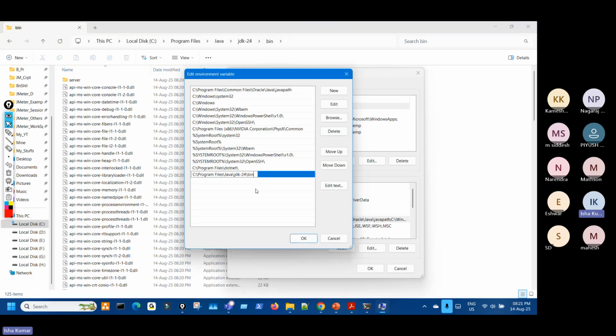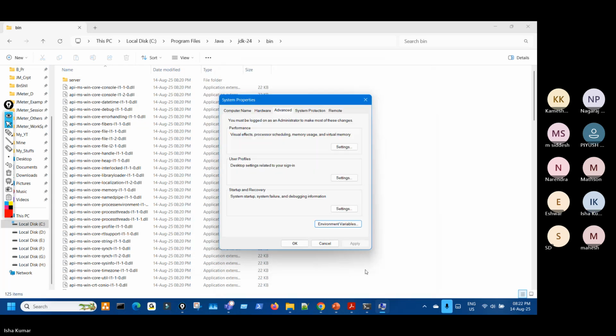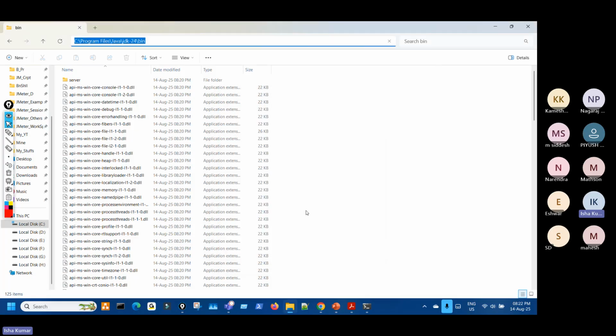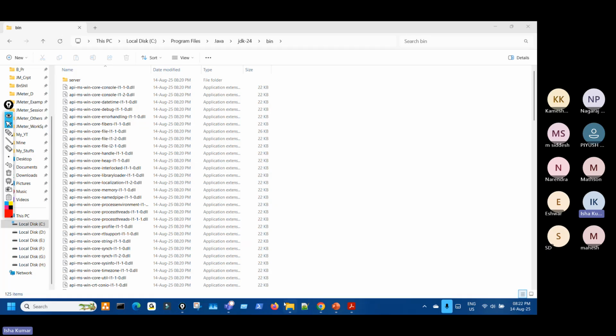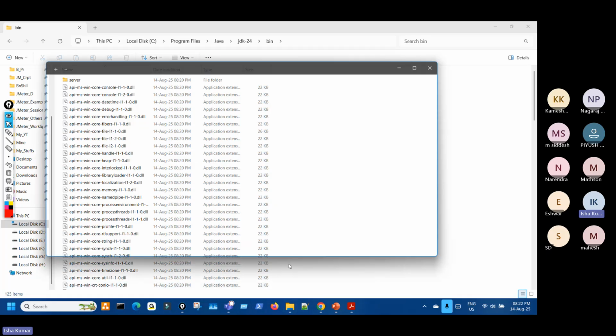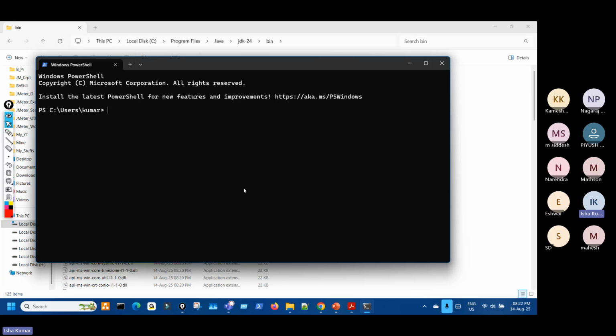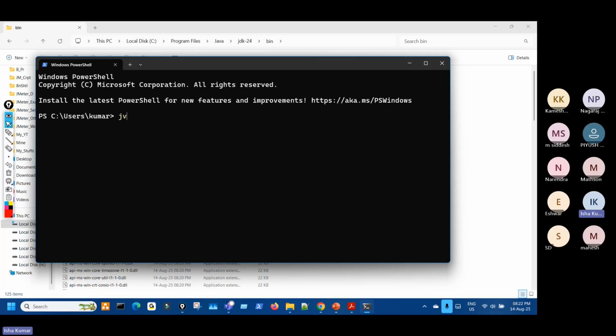As a new line. You can just click on any line and a new line will come. Just paste it, and then click on OK, and again OK, and again OK. Fine, that's it. And now you can close your terminals, right? And restart your terminal, whether PowerShell or command prompt, which one you want, and again type the same command